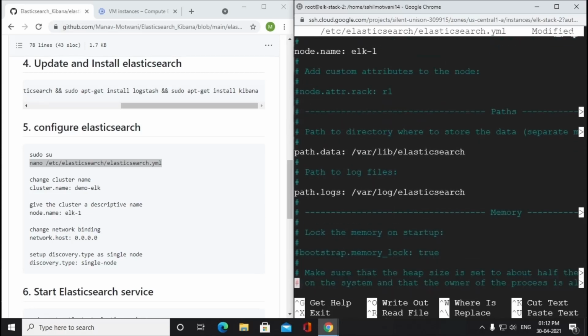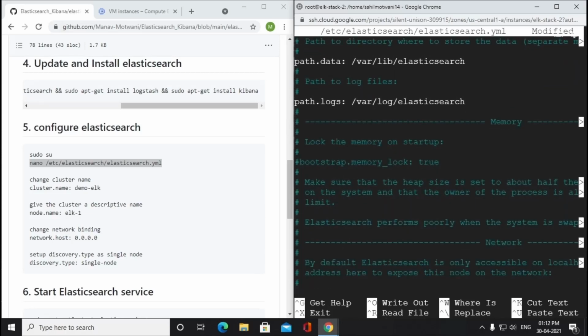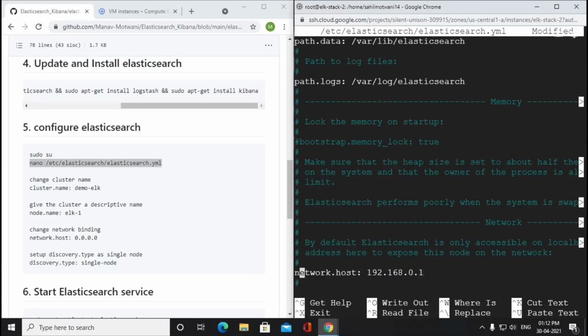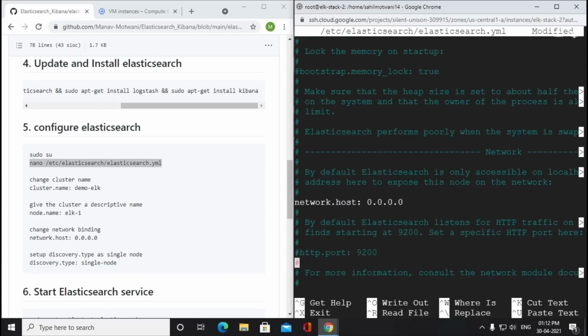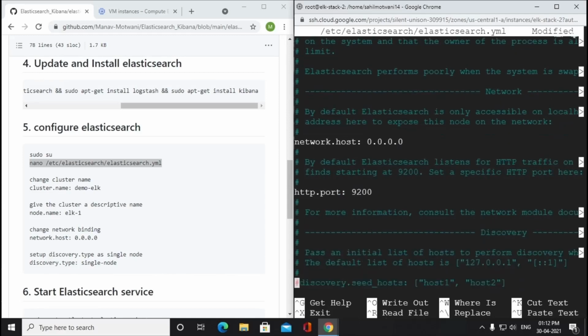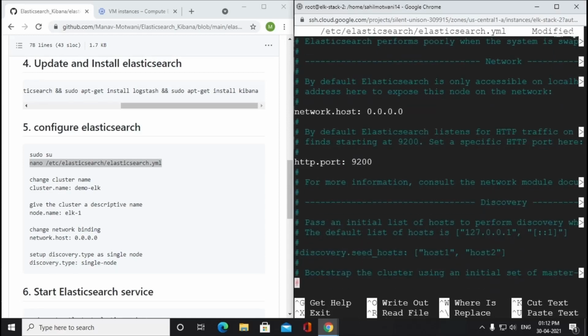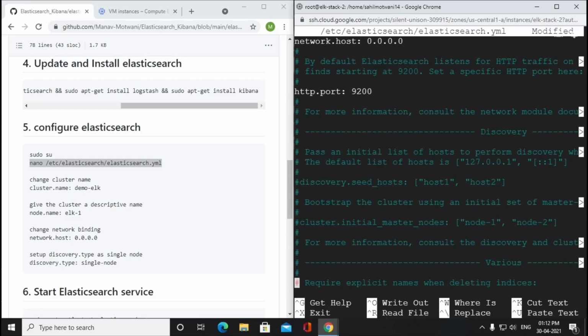After that, we need to change network host to 0.0.0.0, because we want to receive a connection from any IP address, and we will also enable port 9200. Finally, we will set the discovery type to single node, since it is a single node setup.